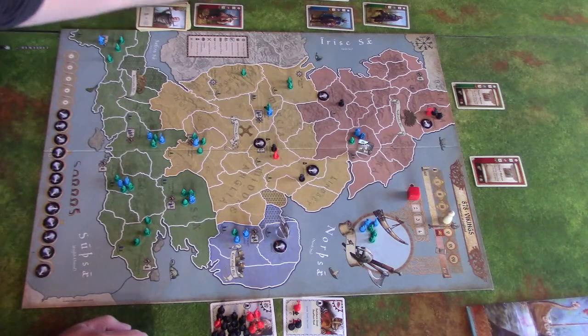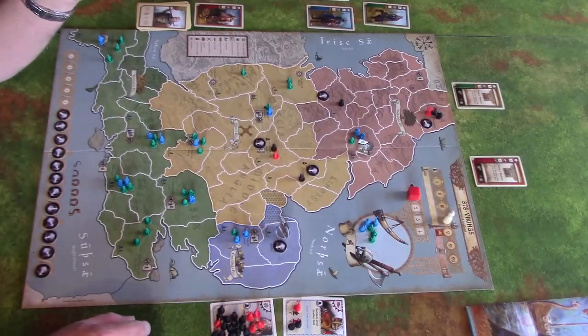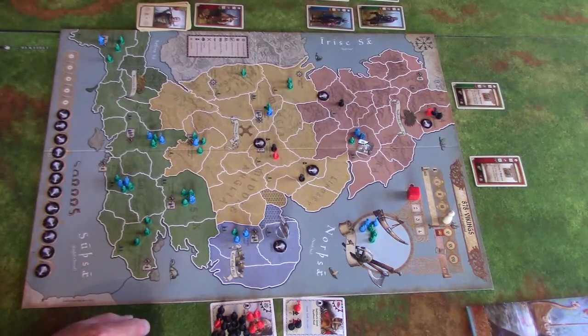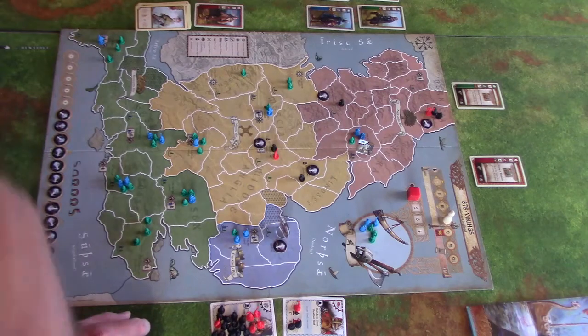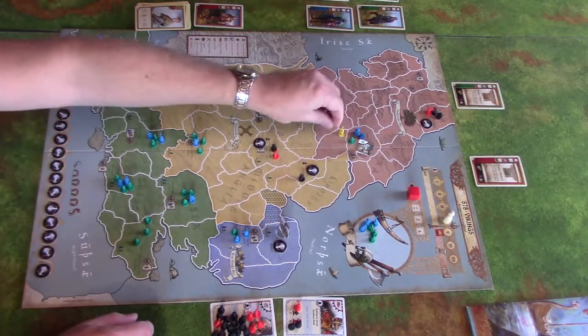Because they're both... Oh wait. One English army may move up to 2 shires to join this battle. There's nobody in range. Okay. So we draw a Feared. We get 3 of them. And they're in...